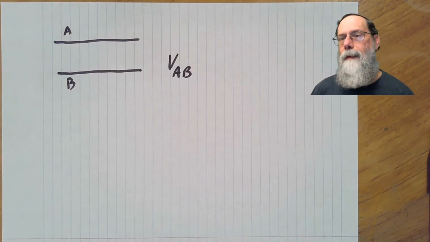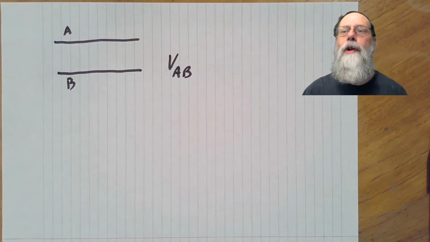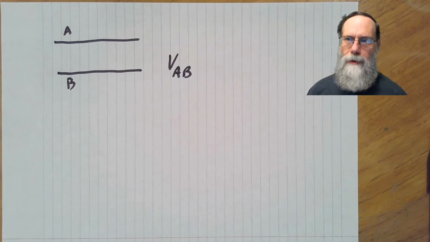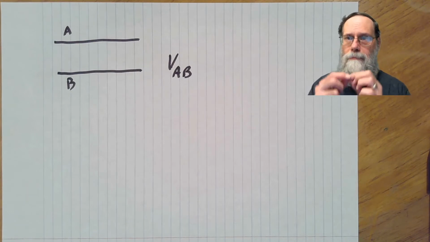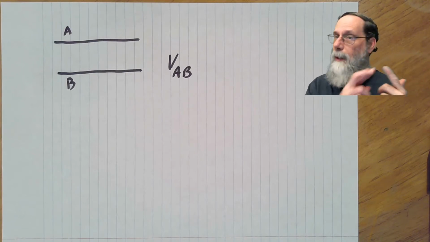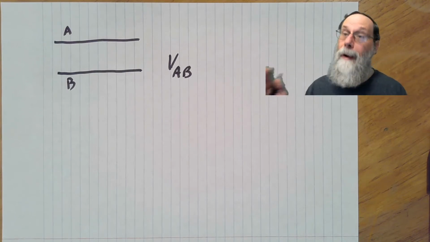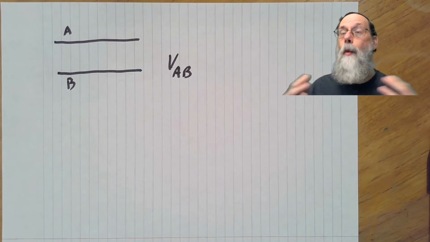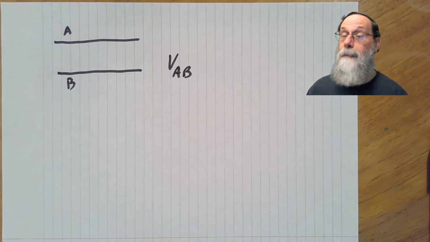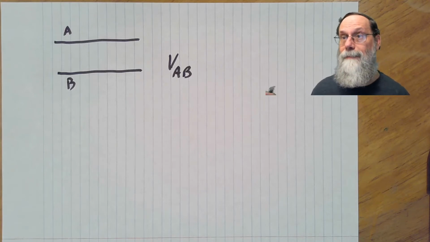Okay, now I've drawn these nodes as lines on a piece of paper here, and a lot of people will think of these lines as wires. And that's not too bad a way of thinking about them, because a wire is a piece of metal that conducts electricity well. If you put a voltage on it at one point, then all the places on the wire are going to have about the same voltage. And we can treat it as if the wire was a node. The wire is a real physical object. The node is a mathematical concept, being that the potential is the same at every place along that node.